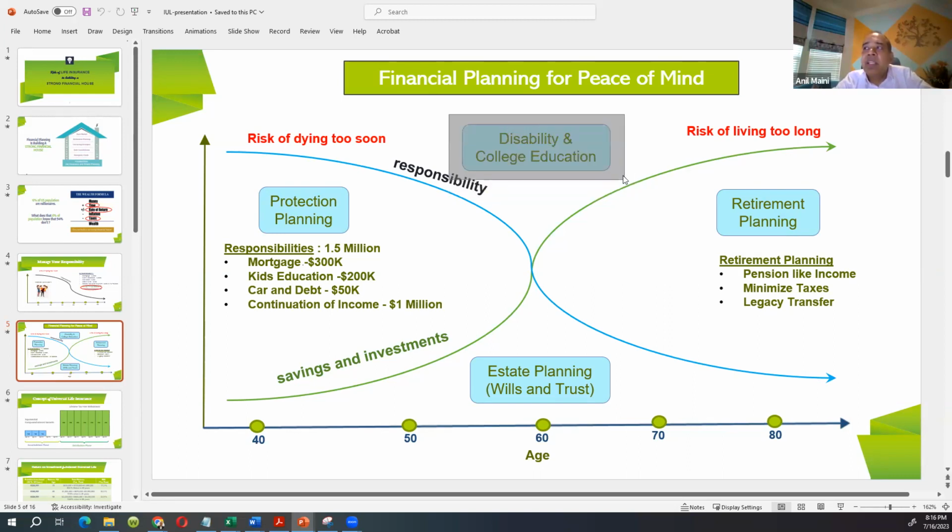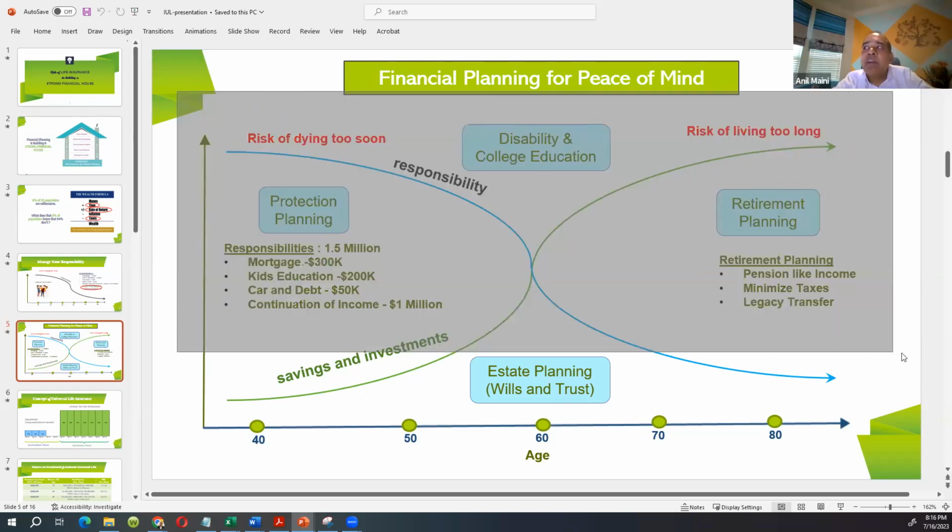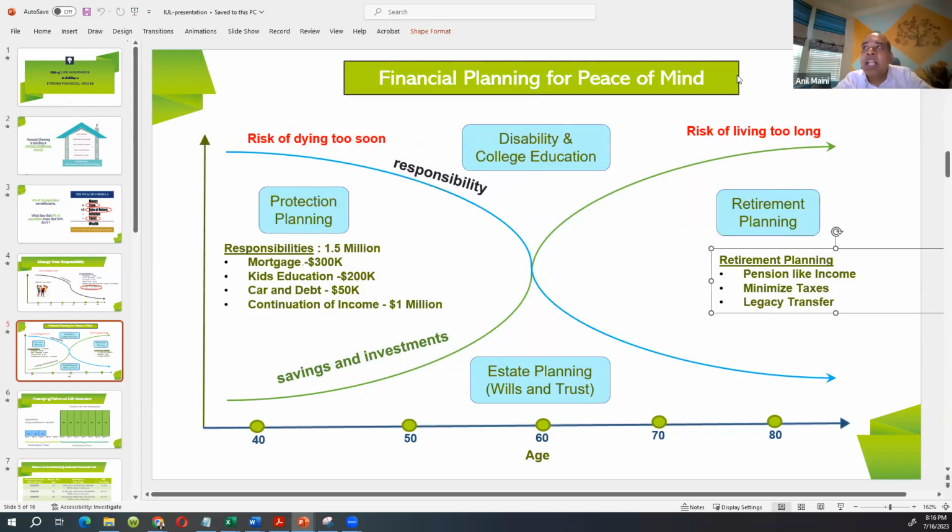Third thing, their disability is covered. And if for some reason they face hardship during the years when kids go to college, they can make use of this money, right? Otherwise, if they have put in a lot of money into their home, they might have to end up doing a refinance. And who knows, at that time, if interest rates are very high, they will be losing a lot of money by doing a refinance, right? So the X curve is pretty much covered by IUL without any other effort.